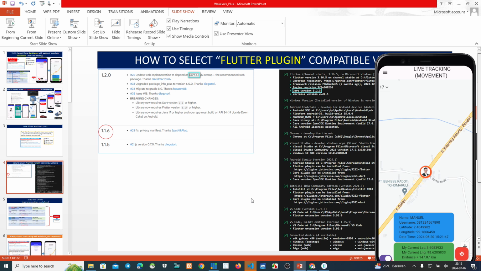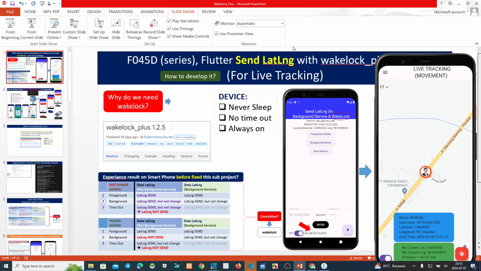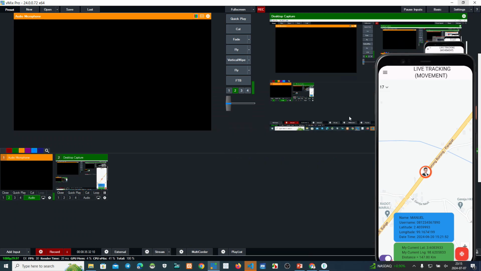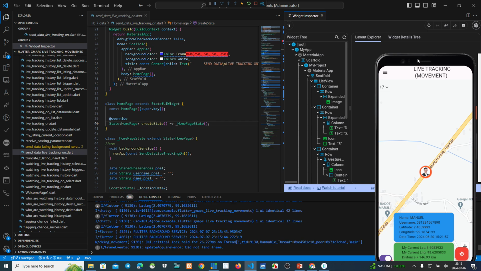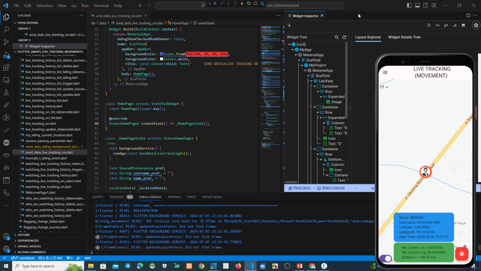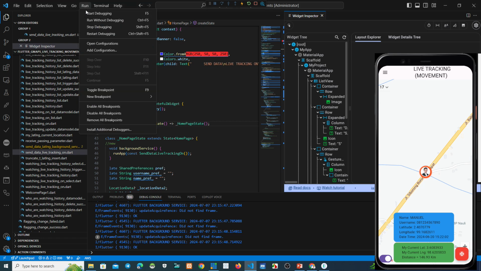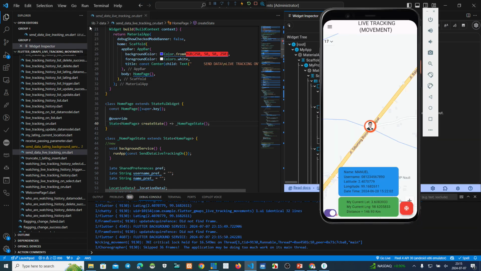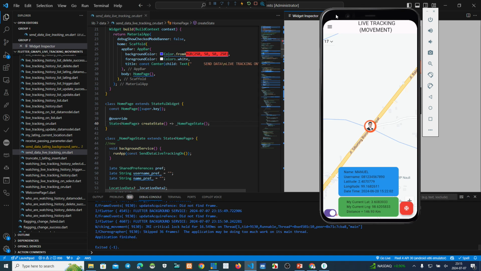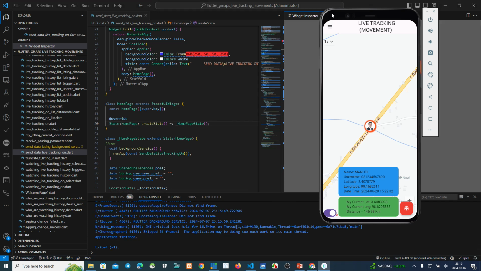Okay, now we go back to the laptop to write code for the Wakelock plus plugin. Now this live tracking application I can stop, and then we can try to make the Wakelock plus plugin.